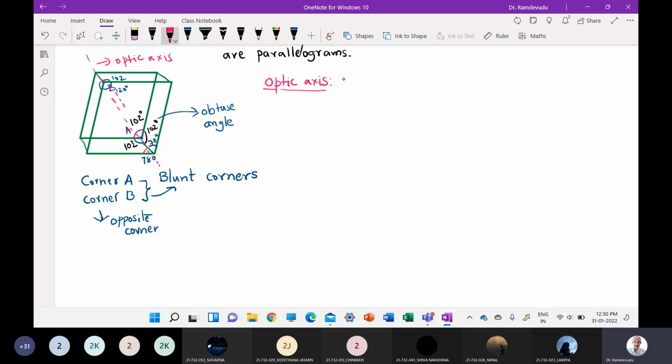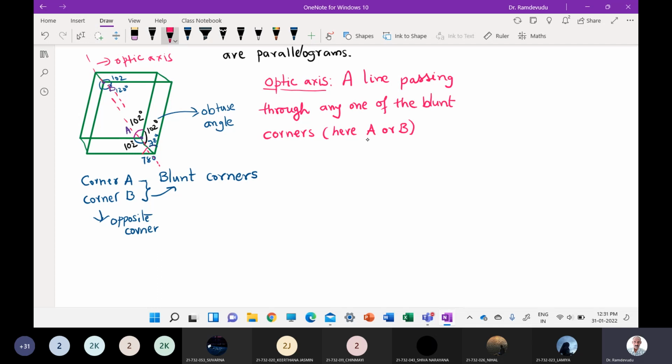Hence, we now write optic axis as a line passing through any one of the blunt corners. Here we have two blunt corners. If you see here, suppose corner A or corner B are blunt corners where obtuse angle planes are meeting. A line passing through any one of the blunt corners and making